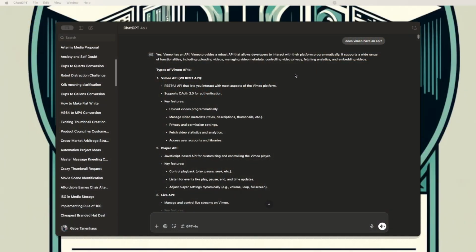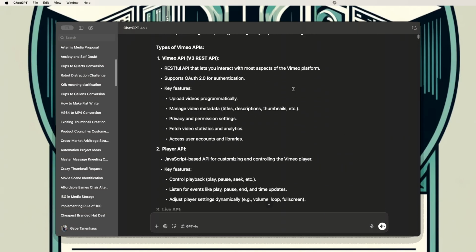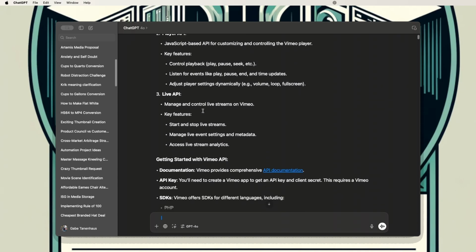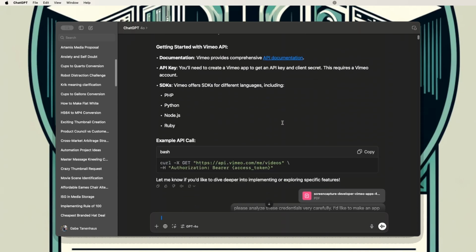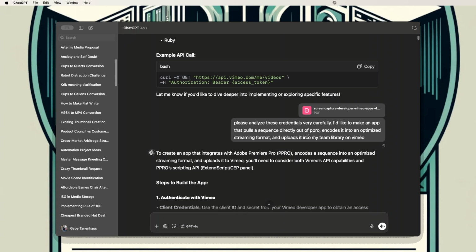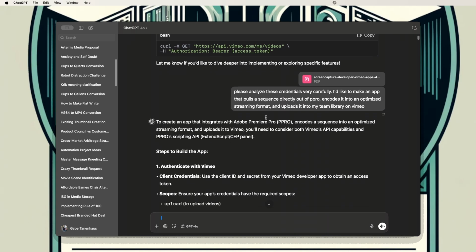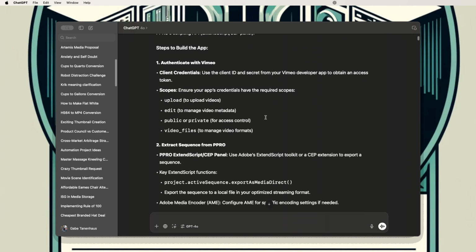So the next step after I asked GPT whether we could go into Vimeo, and I'll see if I can blow this up for you guys. GPT took me through all the things you could do with the API, linked me to some documentation. I then captured a picture of some credentials I developed. I said, let's analyze these credentials, and I'd like to make an app that pulls a sequence directly out of Premiere, encodes it into an optimized streaming format, and uploads it into my team library on Vimeo. And then GPT proceeded to kind of build that out